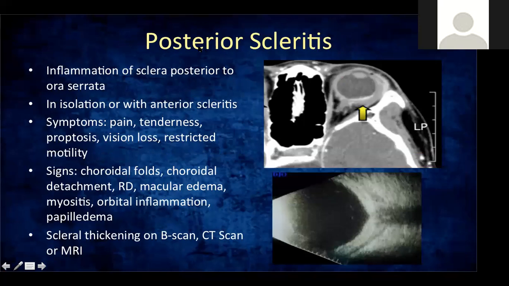Then you have your posterior scleritis. This type of scleritis usually involves the posterior sclera first. Sa likod siya nagsisimula. Symptoms are again pain, tenderness, especially with movement of the eye. Other signs are usually seen on the retina, on the choroid. You have to do some diagnostic imaging. Your B scan, your ultrasound, or your CT scan. So this is a photo of ultrasound of the eye, and this is your CT scan.